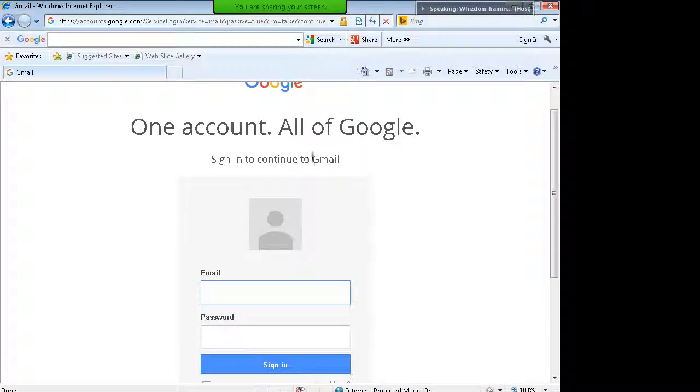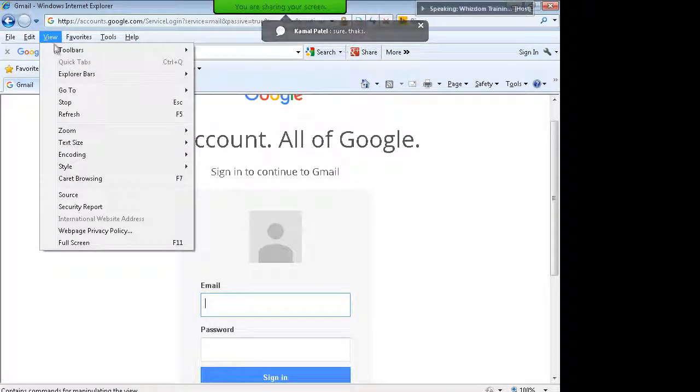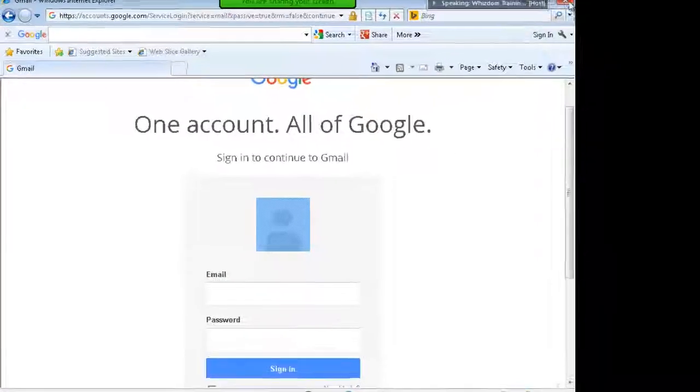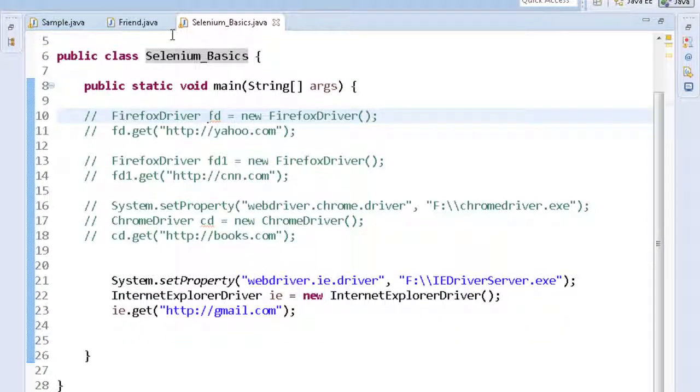And in IE you have to do one thing: make sure the zoom settings are set to 100%. If you don't have 100%, again you might get an issue. At times you are not the admin of your PC and IE fails to open. It gives issues over there as well.